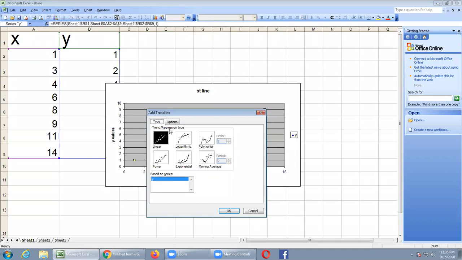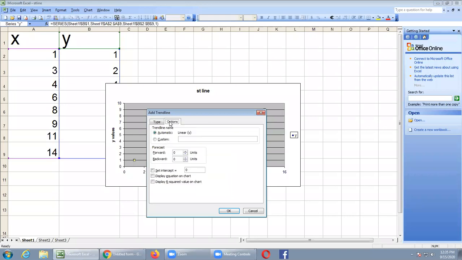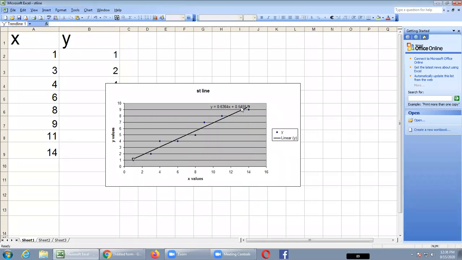By default linear is there, otherwise you can select chart type as linear, and then go to options. Select display equation on the chart, and press OK button. Automatically you will find the equation.